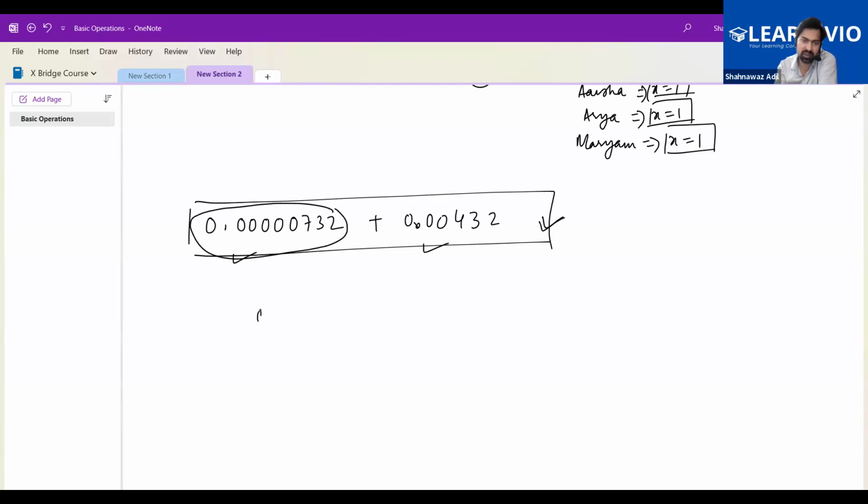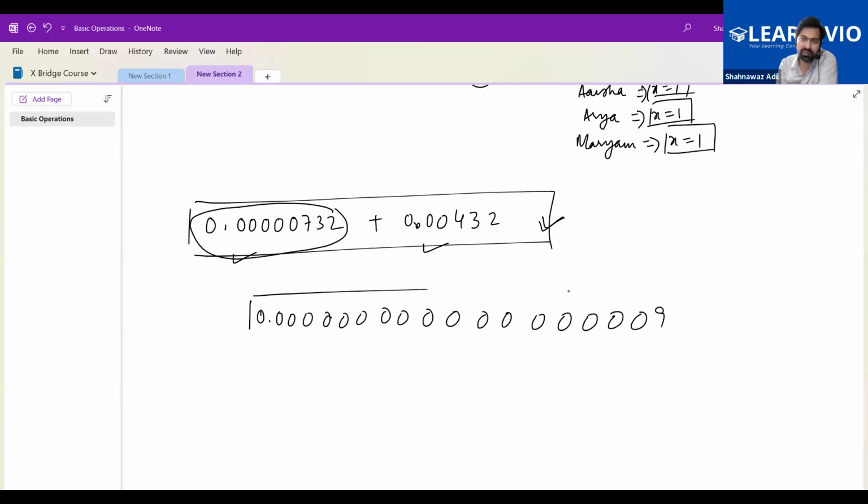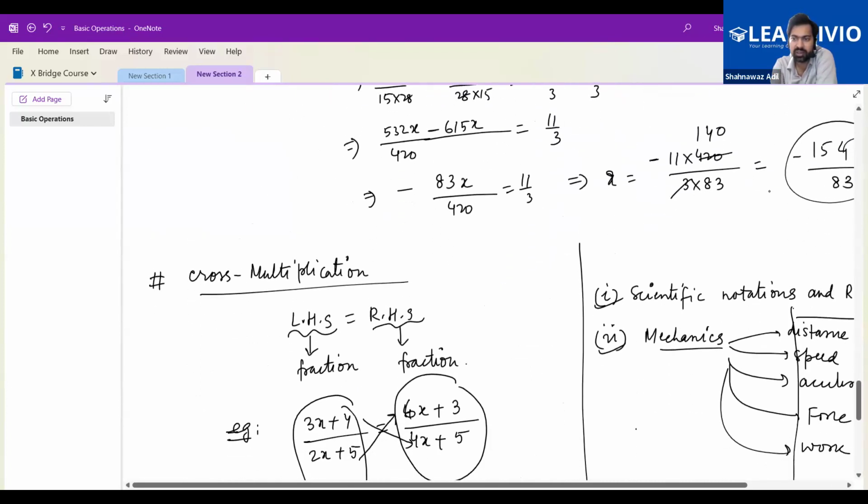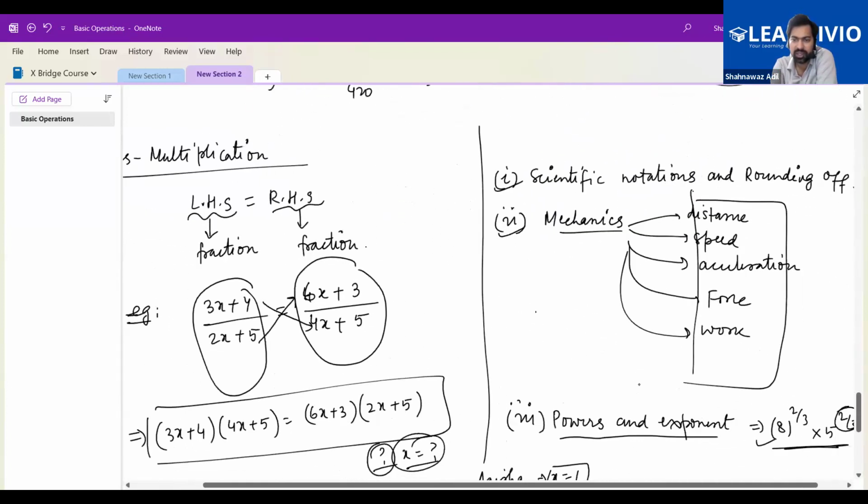Let's say if we have 0.01000, something like that. You cannot write this every time, right? That is why we require scientific notation to calculate different operations. It makes our calculation easy. All these things we'll talk about in the next class, and then I'll also talk about rounding off, and then powers and